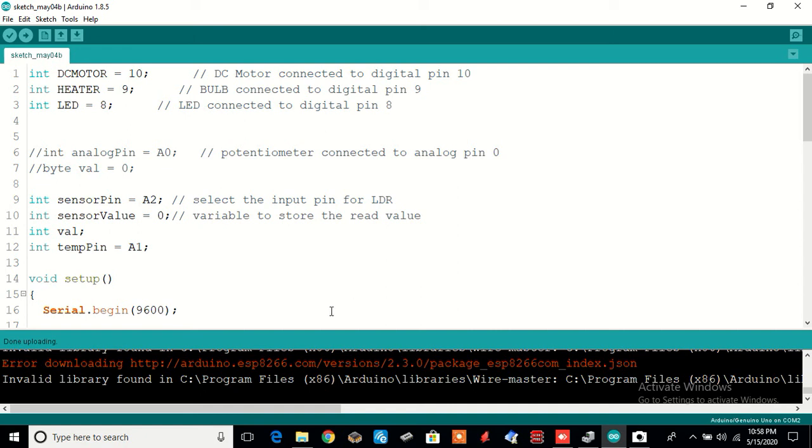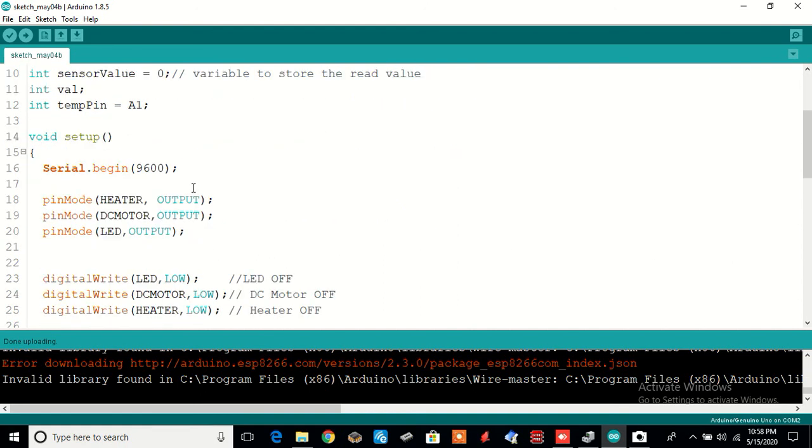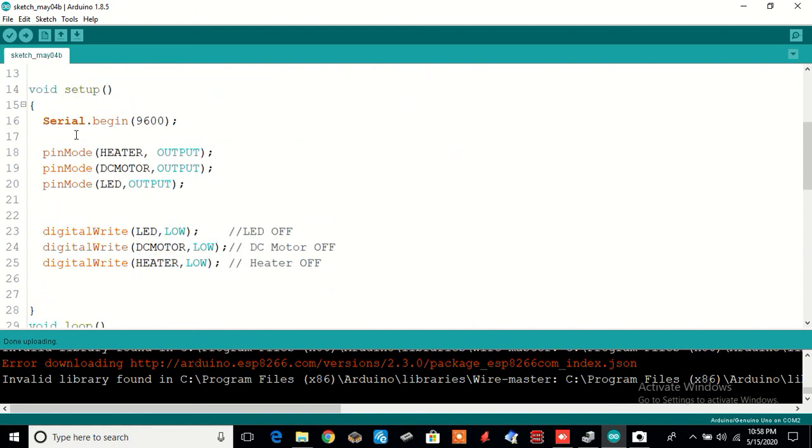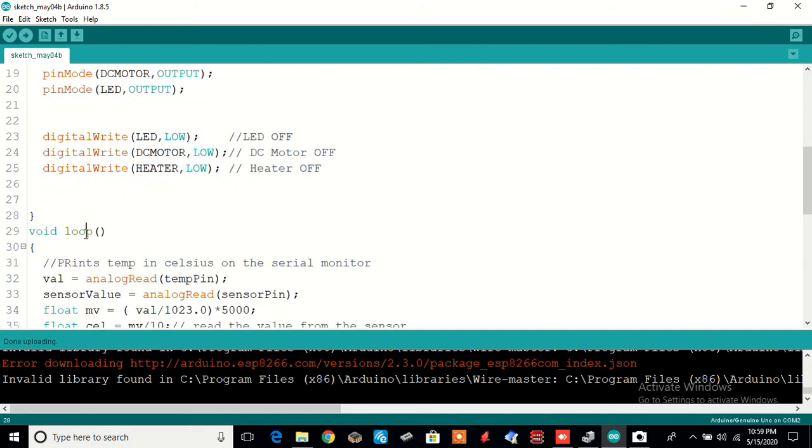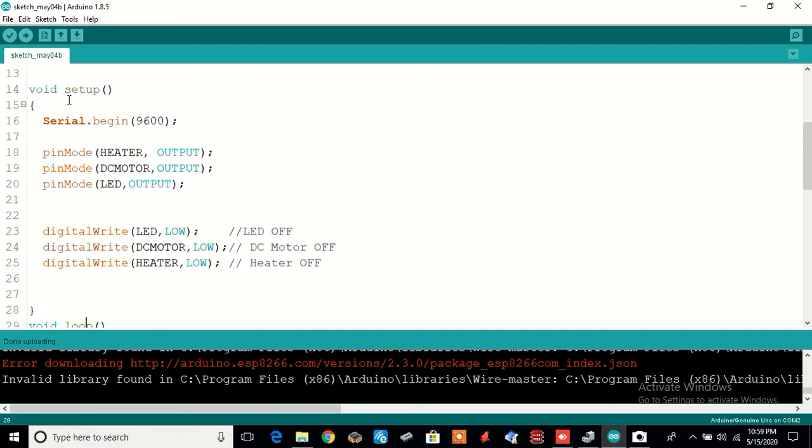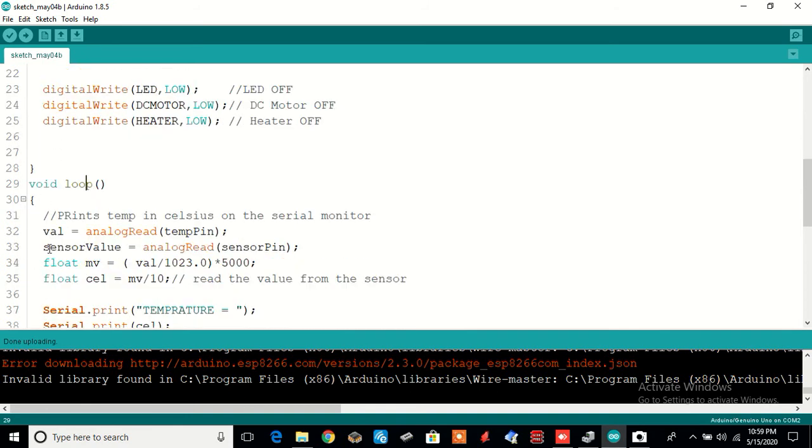So in this program, as you can see, there are two sections, as I already explained: void setup and void loop. Whatever you write in these curly brackets in void setup is executed only once. So we prefer the hardware initialization in the void setup, and void loop is the function which will keep on executing an infinite number of times.